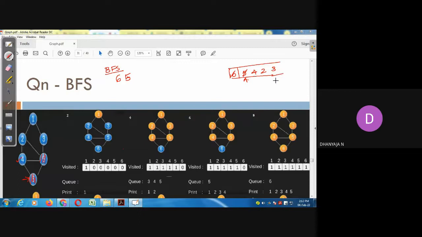If you want you can write 2, 3, 4, no problem, but the best way is simply write the element which is